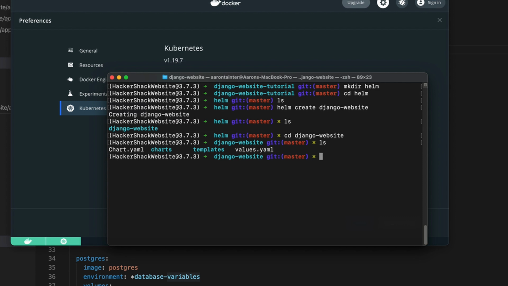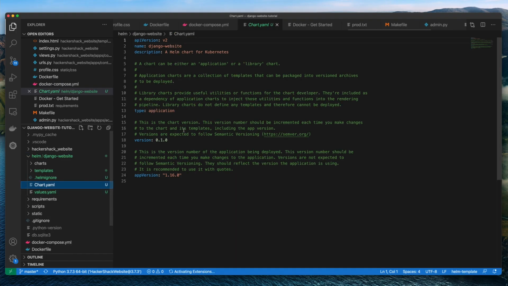And inside of our Django website tutorial, we have a templates folder, a values YAML file, a charts folder, and a charts YAML file. So let's go into our IDE and take a look at this. If we go into the charts YAML file, this is kind of like the main configuration file